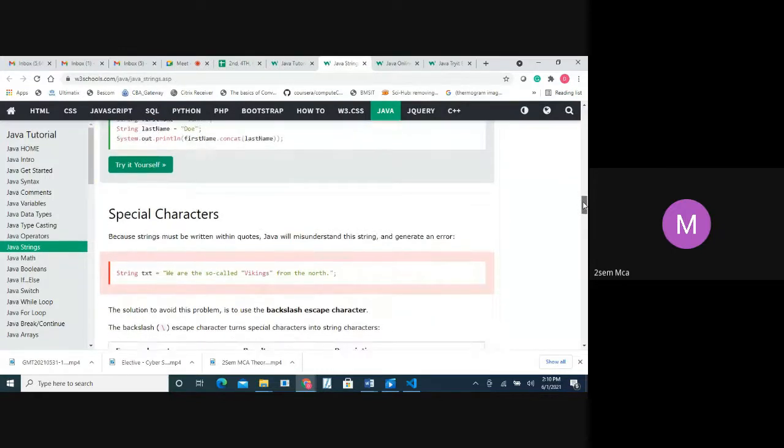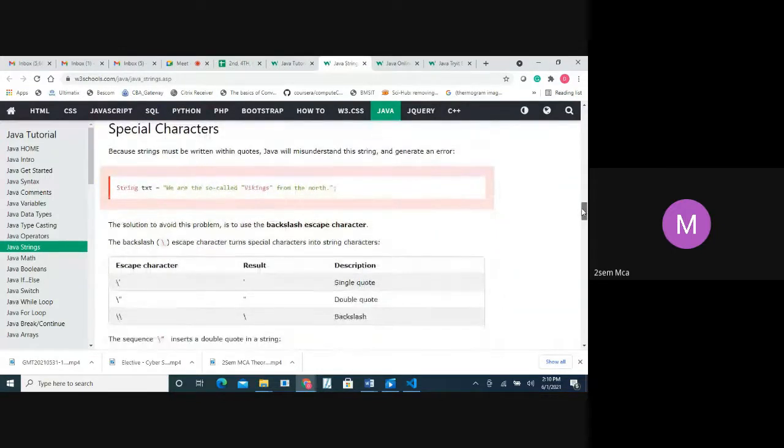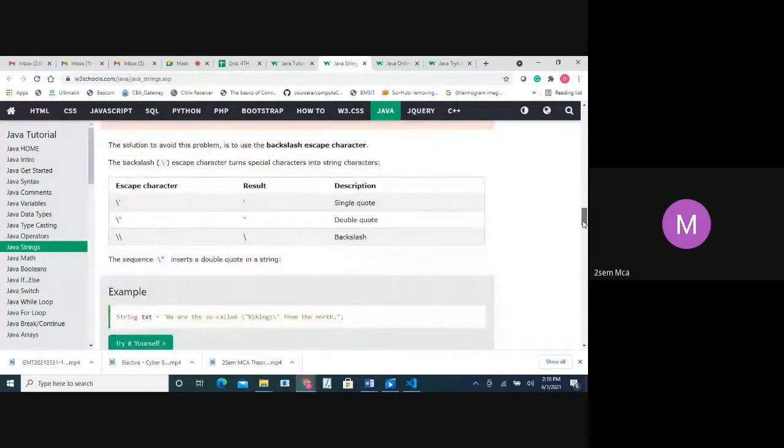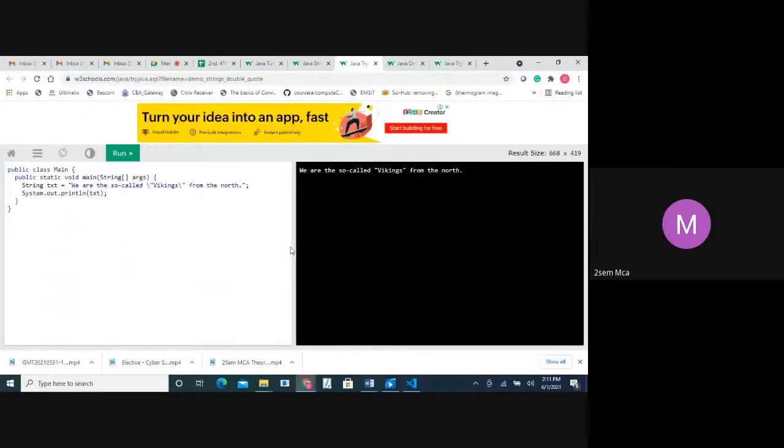And one special characters. I think you'll be knowing special characters. If you want to write a single quote, you have to write it like this. If you want double quotes, like this, then double slash like this. So, an example for this: you can see single quotes, slashes like this, and we want to print this complete one. That's just the printing of the text.